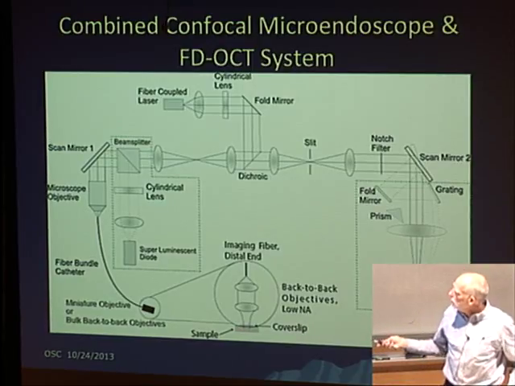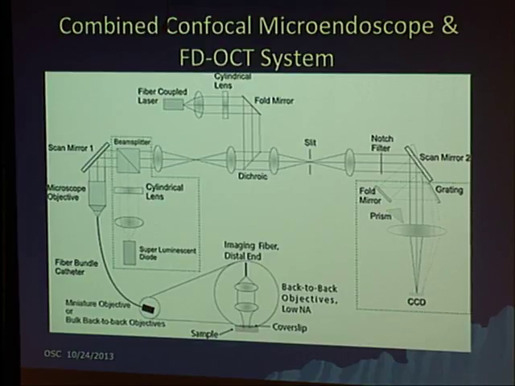And it occurred to us that you could do OCT imaging with exactly the same setup with some minor changes. If you want to do OCT imaging, bring in the OCT light that's going to be reflected. It's usually in the IR, about 800 nanometers or so. Do the exact same thing with a cylindrical lens and a regular lens to create a line illumination on the sample. And then with everything fixed, mirror fixed, bring that light over through the dichroic mirror.